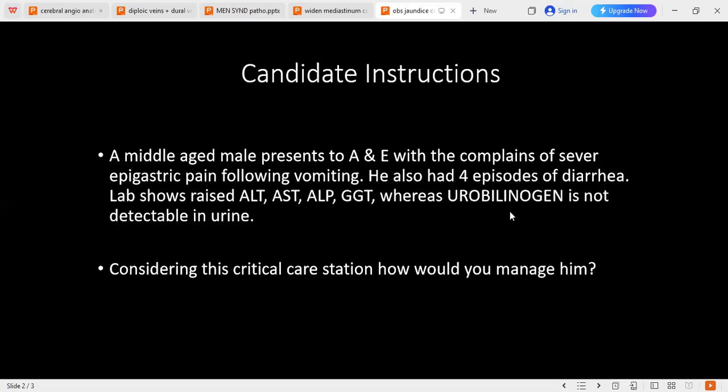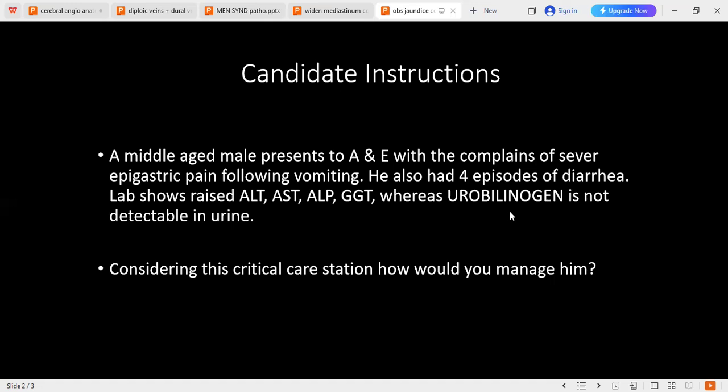Prehepatic, hepatic, and post-hepatic jaundice. Prehepatic is hemolytic anemia, which includes sickle cell disease or G6PD deficiency or Gilbert syndrome. Hepatic are due to alcoholic liver disease, viral hepatitis, some medications, or autoimmune hepatitis, and the post-hepatic are